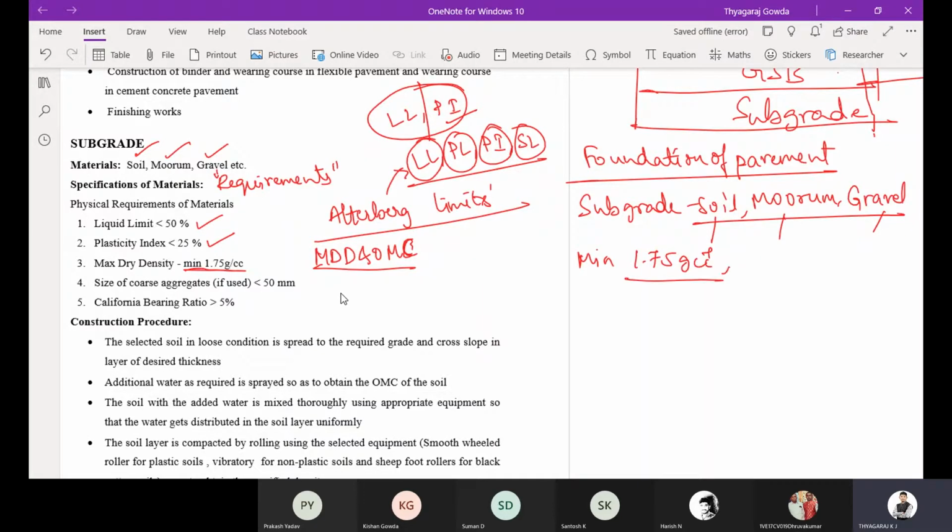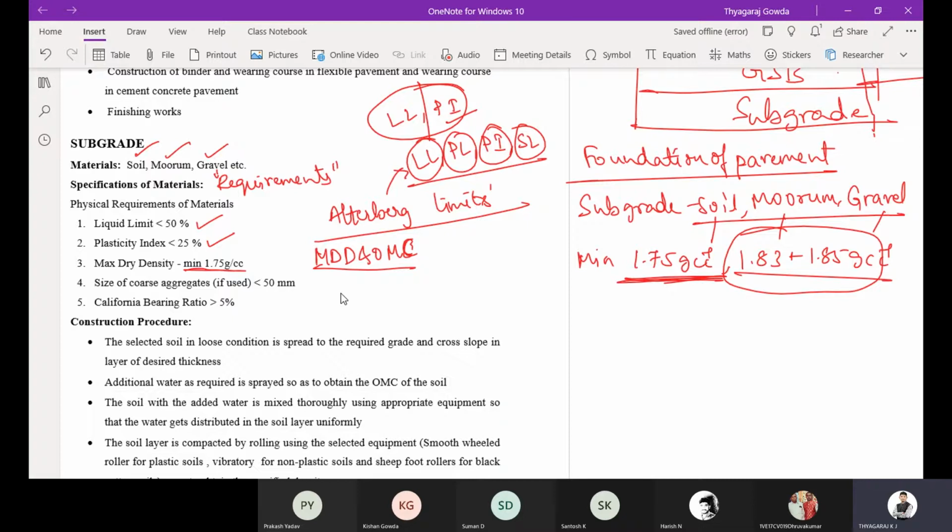Usually in and around Bangalore, whatever soil you consider, you are going to get the dry density as 1.83 to 1.85 gram per cc. So minimum you should get 1.75 gram per cc of maximum dry density.